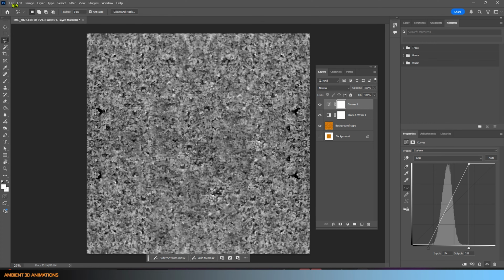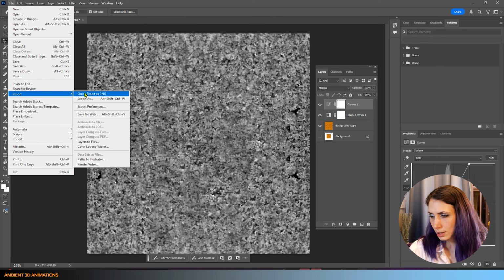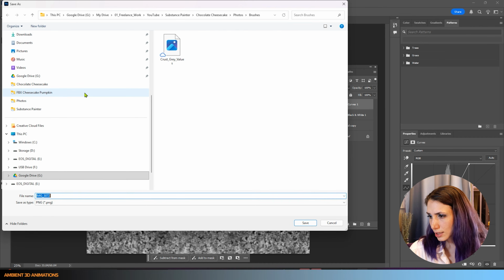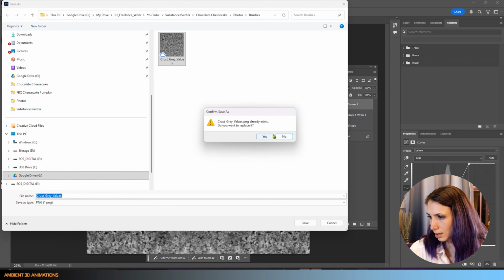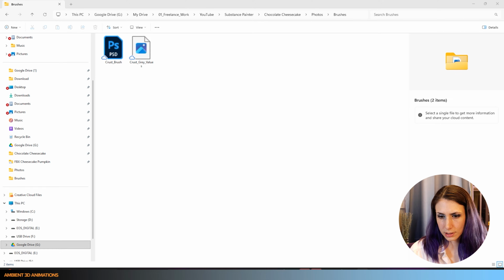So I will hit File, Export. Export out as a PNG, that is fine. And I had tested this out earlier, so I'm actually going to save this over this one as crust gray values, and I'll replace it. So now we have this new map here,